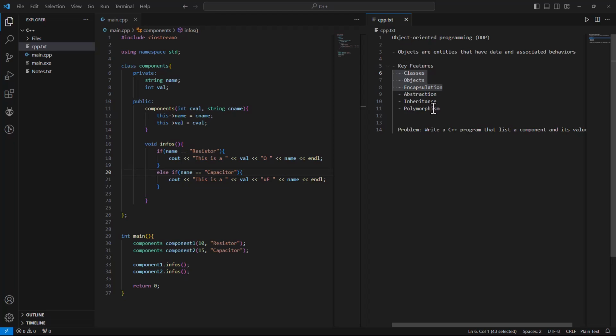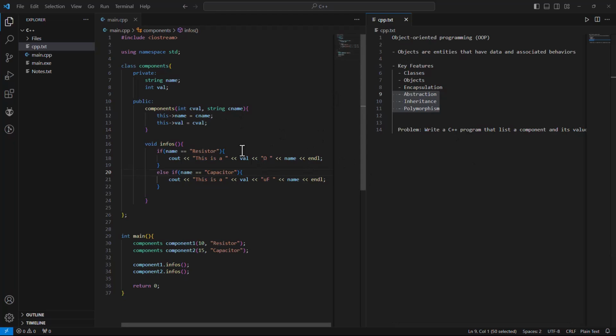And in this tutorial, we're going to continue where we left off. We're going to attempt to implement another three key features of C++, namely abstraction, inheritance, and polymorphism. So don't go away, stay until the end of this tutorial so that you can grasp some of these important